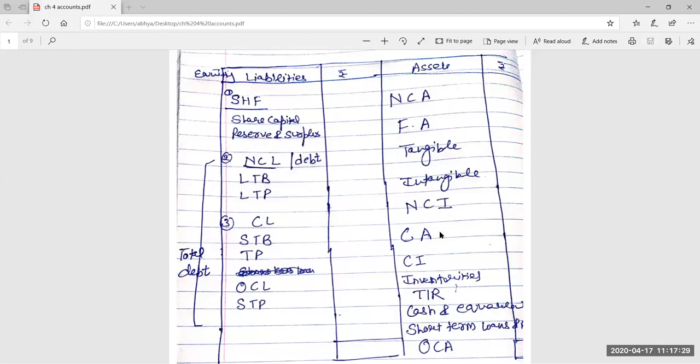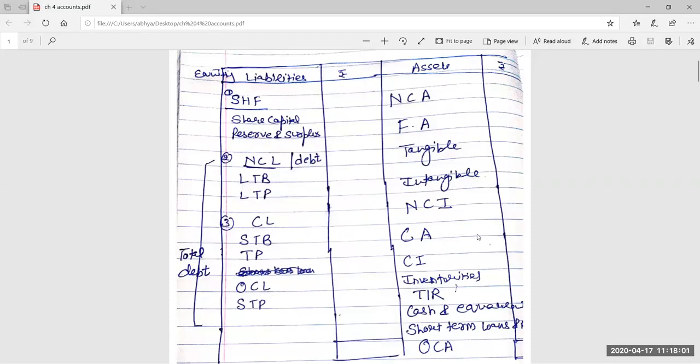Further, in non-current assets, we will be considering only two subheads, not all the 4-5 subheads. Here, two subheads will be considered: fixed assets, which are further divided into two parts, tangible and intangible, and then non-current investment. Other non-current assets will not be considered from the ratios point of view. Okay. Non-current asset, two subheads: fixed asset and non-current investment.